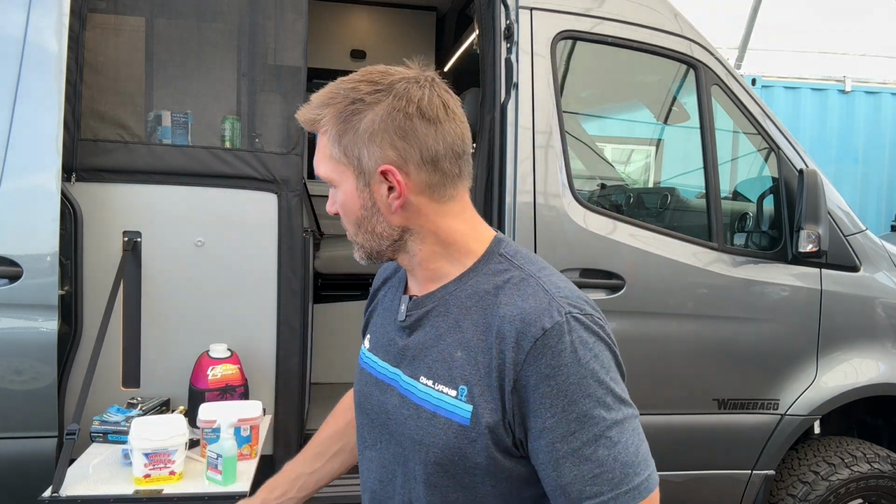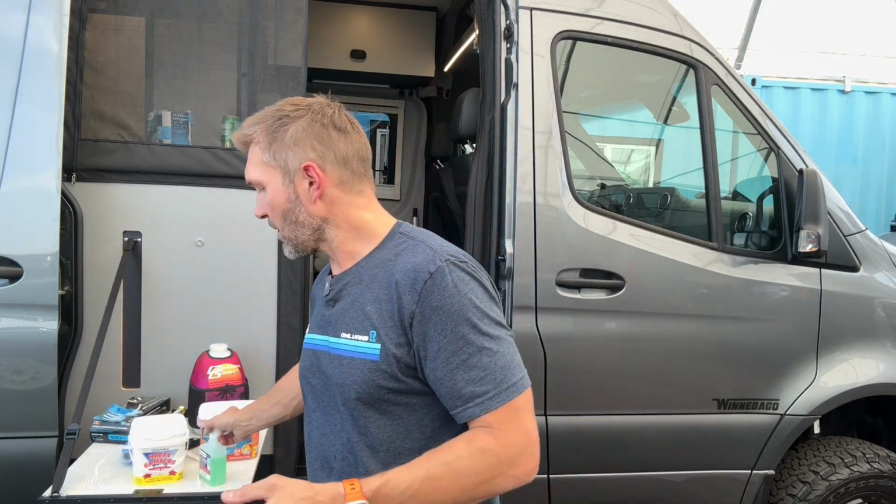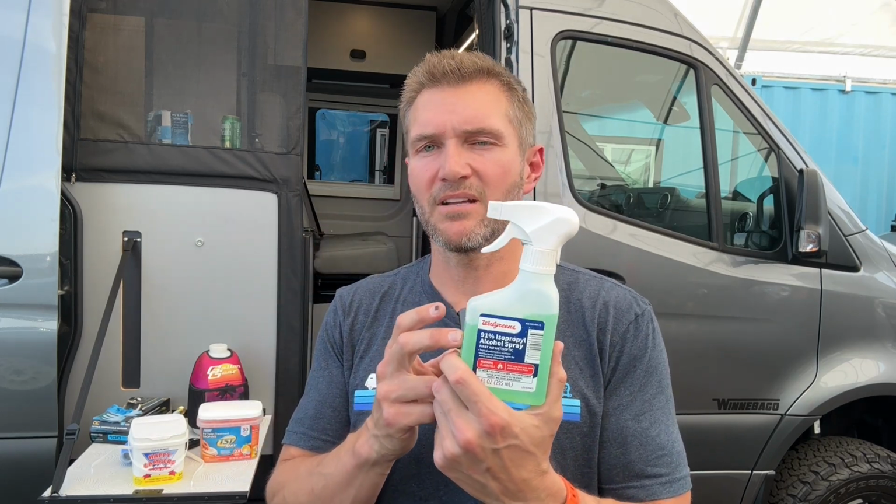You spray the armpits. So what you do is take your shirt off, the smelly parts wherever you sweat as a human, you would then take this, turn this shirt inside out, and really soak those areas with the rubbing alcohol, and then you hang it up to dry. And the cool thing is, the rubbing alcohol kills the bacteria, which is what the stink is. The stink is bacteria, and the wintergreen